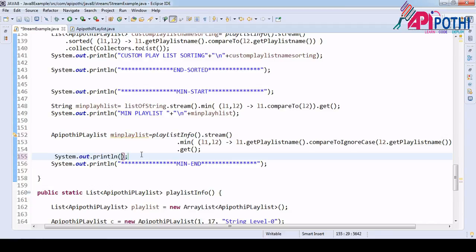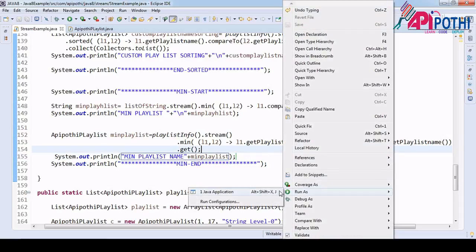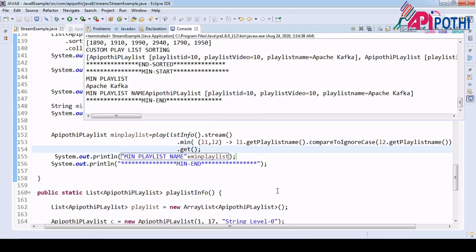So min playlist name, copy this one, paste it here. Okay, right click, run as Java application.